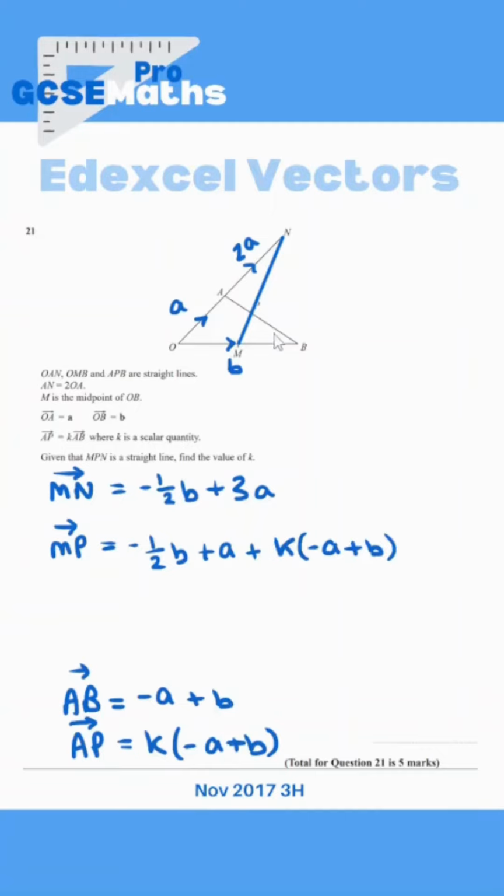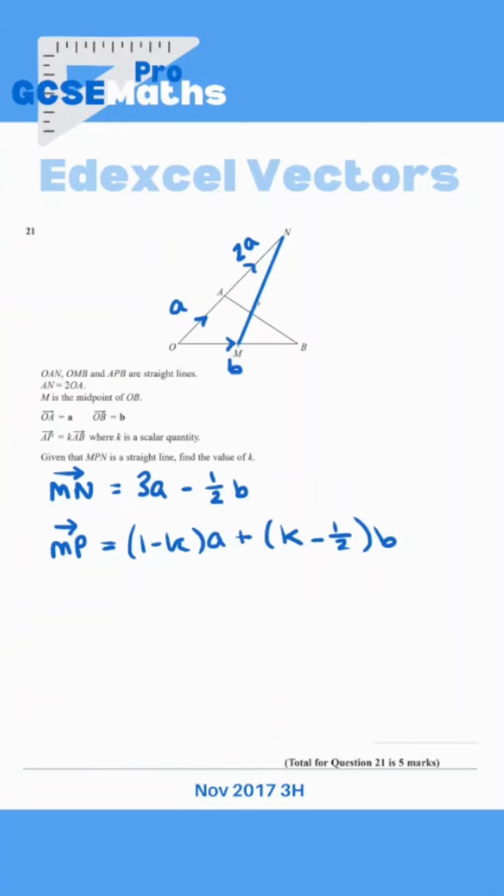Once you have 2 vectors from that straight line, then you need to expand and simplify everything so that you've got all of the A's together and all of the B's together. Now that I've got everything together, I can compare the coefficients of A and the coefficients of B. As you can see, obviously MP is not the same length or size as MN, so they're not equal to each other. So the coefficients can't be exactly equal to each other,